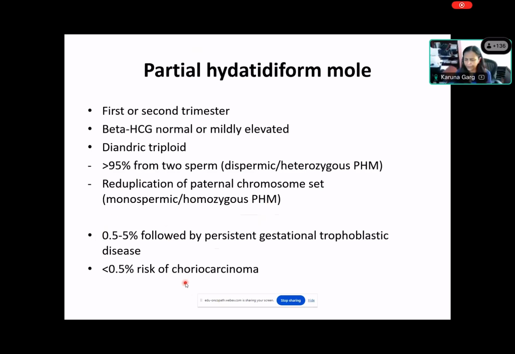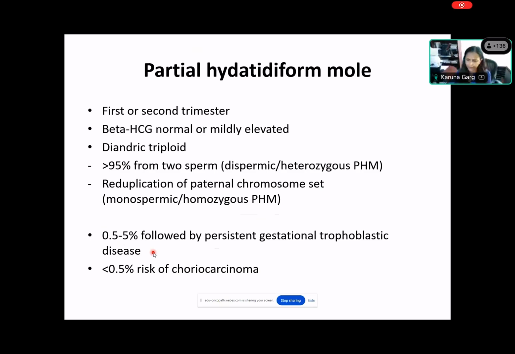Notice that the risk for persistent gestational trophoblastic disease for partial mole is substantially lower compared to the complete mole. In the complete mole, it was 25 to 30%. Here it's 0.5 to 5%. And your risk for choriocarcinoma is less than 0.5%. So really, the downside of missing a partial mole is not